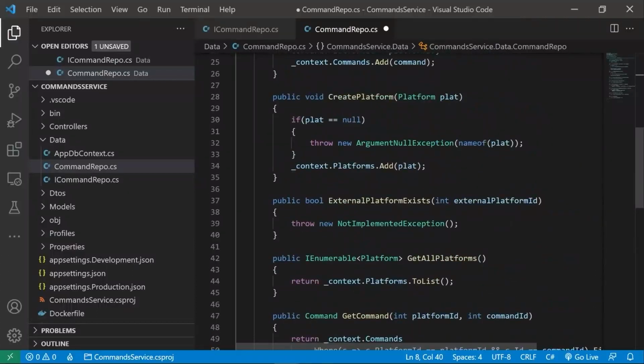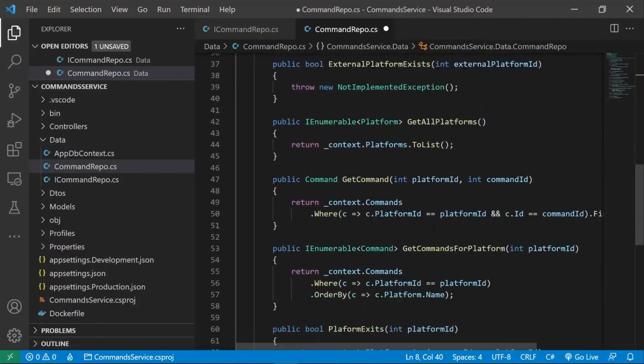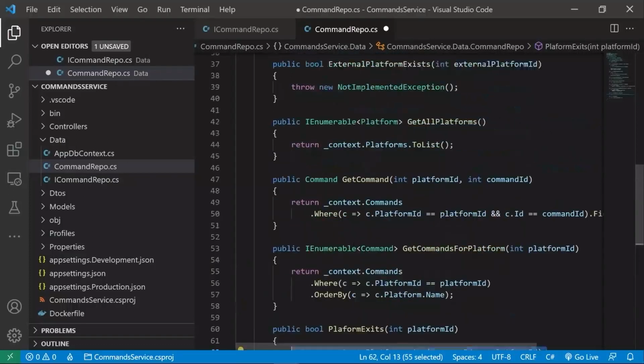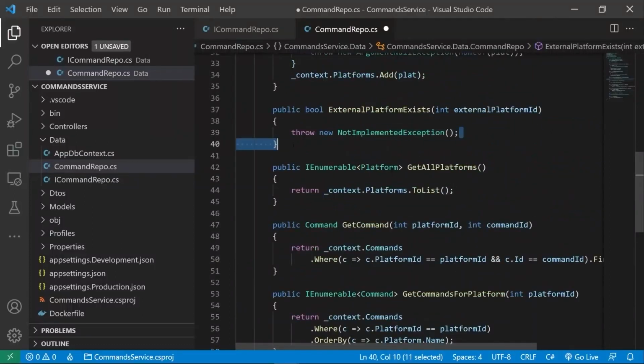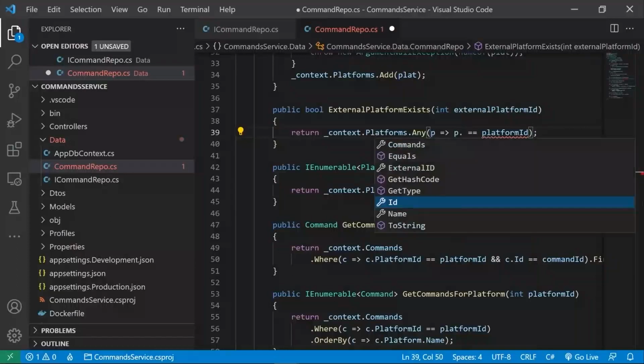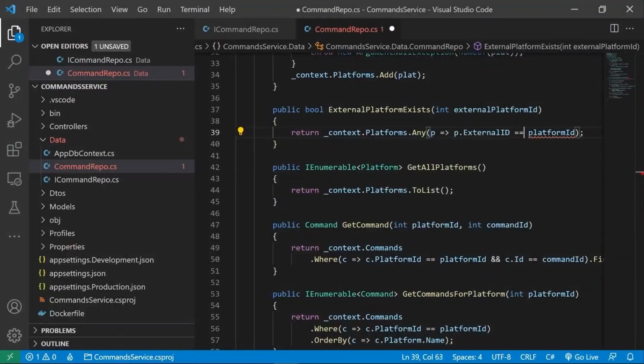There we are, external platform exists. Now what I might do is find our platform exists method and just copy this because it's going to be very, very similar to that. So in here, we'll paste in return context platforms NA, P goes to P, and this time it's not on the ID, it's on the external ID is equal to